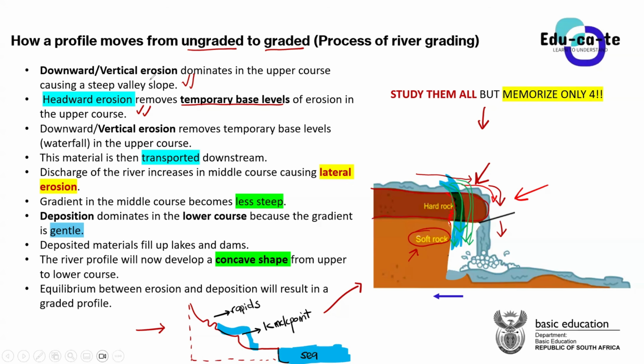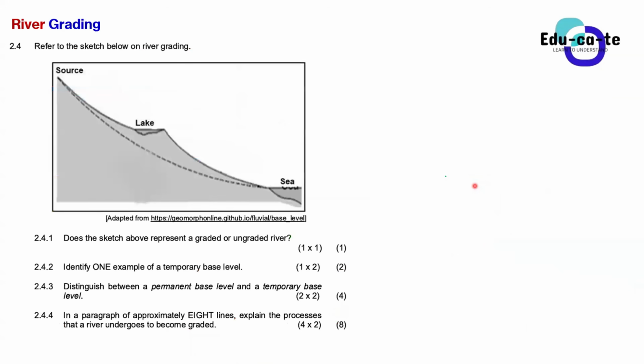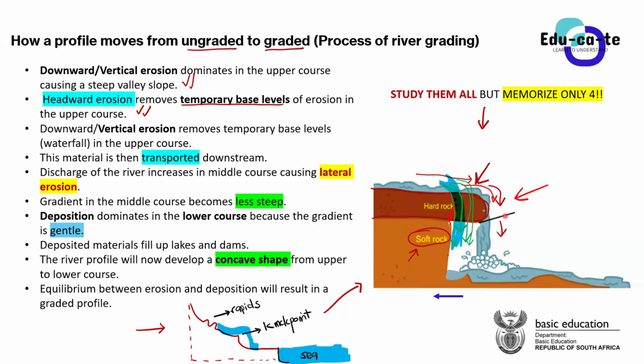So that is how a waterfall retreats, or how a waterfall shifts, because at first the water was falling here, but now it has shifted and shifted and shifted. Okay, what caused it to shift? It is known as backward erosion. Please, guys, watch my session again. I made a video based on headward erosion. That is what will help you understand.